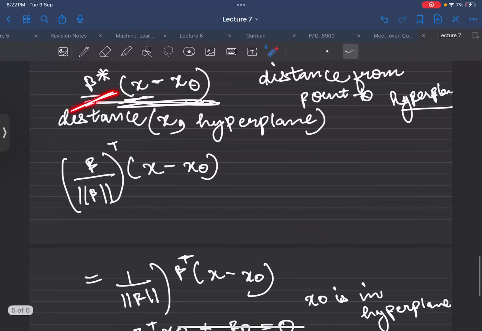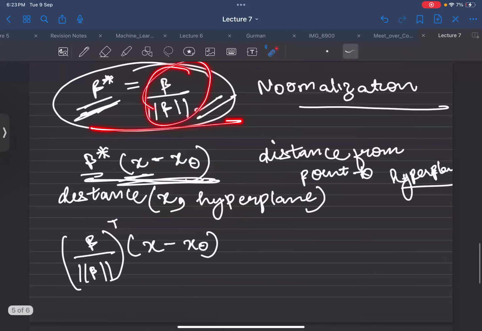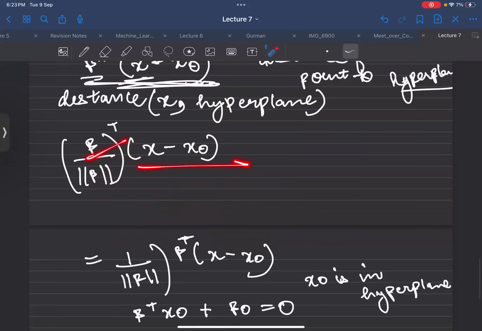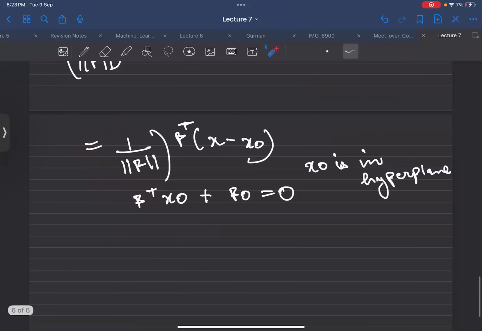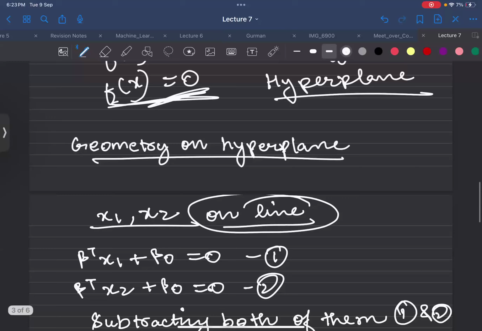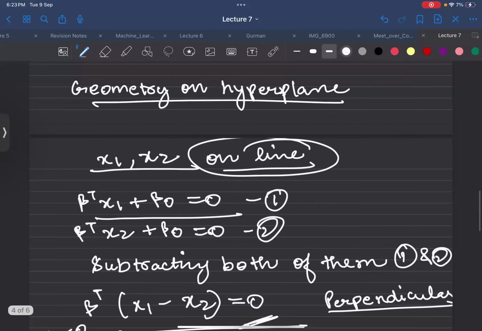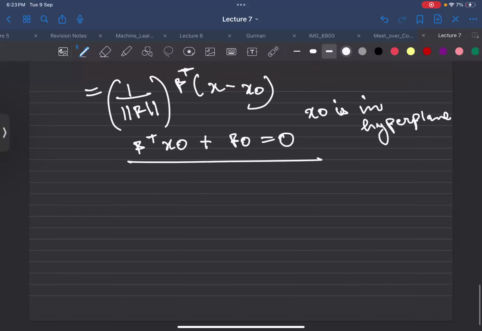Now, I replace the star with whatever we had, because we are multiplying matrices, so I have to have the transpose, and the norm will be the same after the transpose. Now opening the bracket, we know that x naught is in the hyperplane, and if it is on the line itself, it is equal to 0. That's what I'm writing here. Fine till now? When I open these brackets,